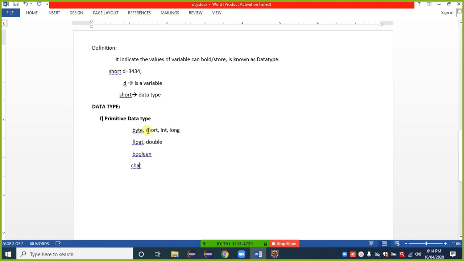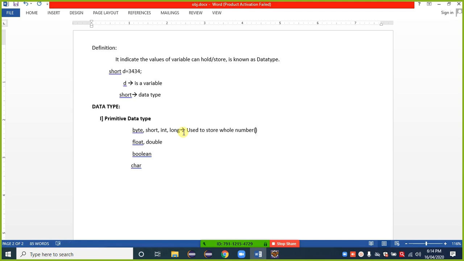So byte, short, int, long are used to store whole numbers.